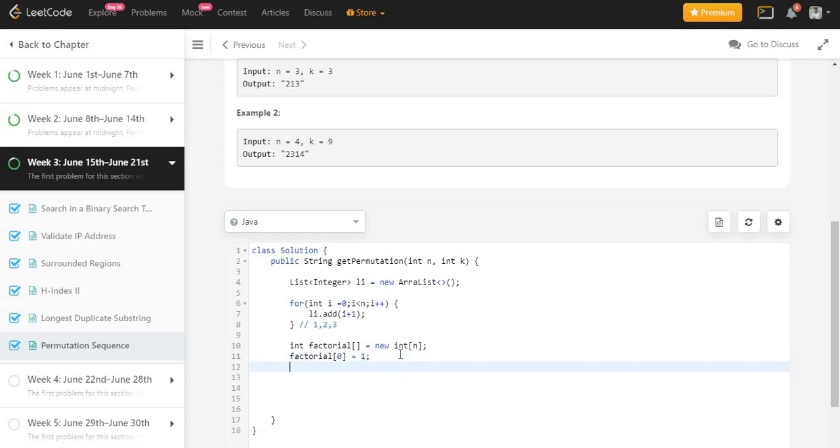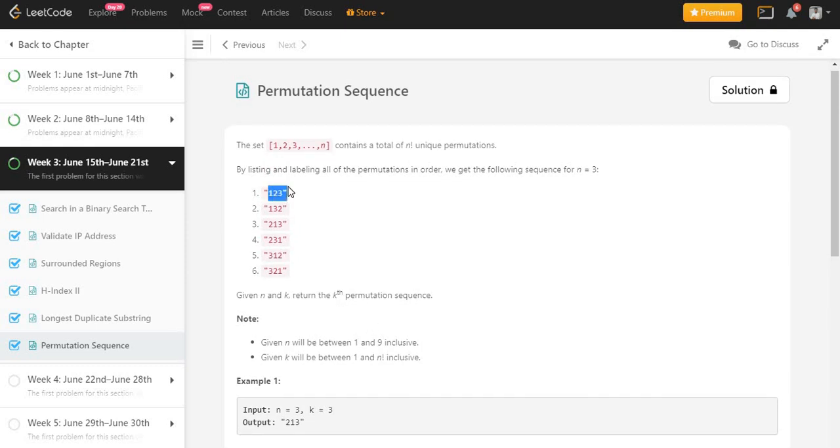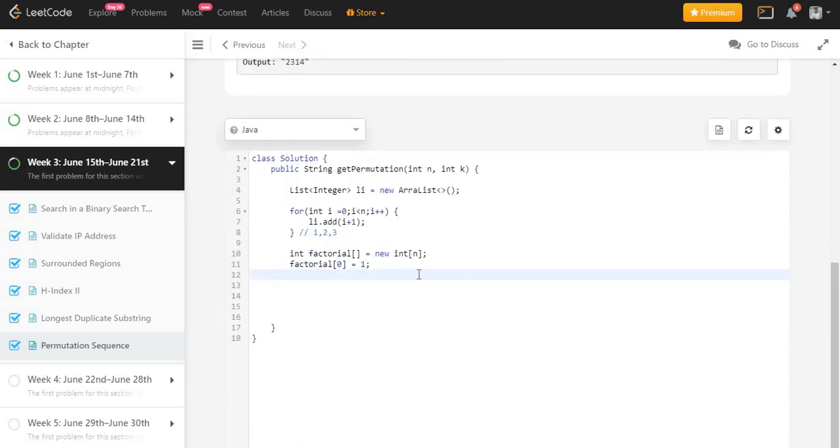Now I will calculate for the other positions, so let me run one for loop for int i equals 1, i less than n, i plus plus.